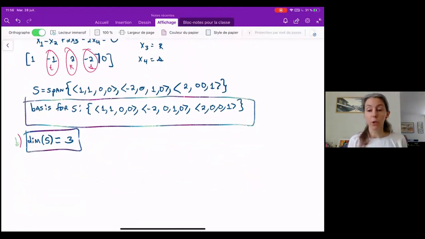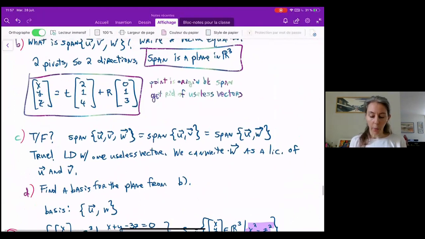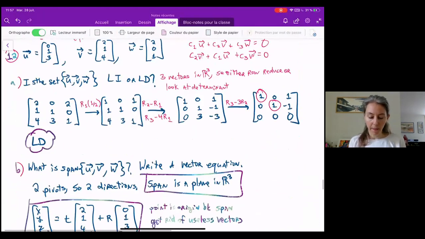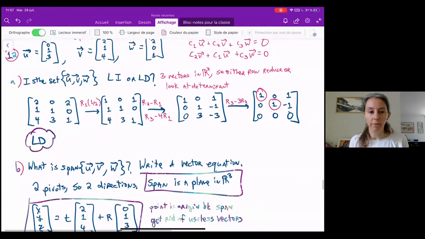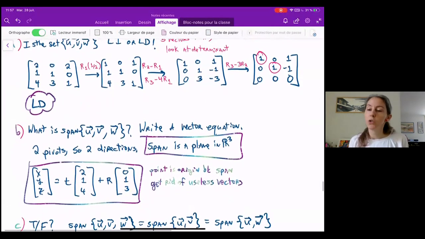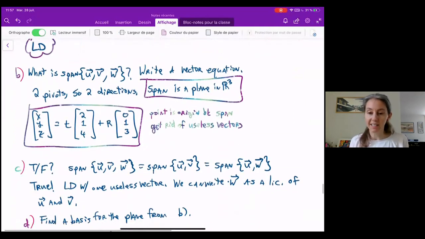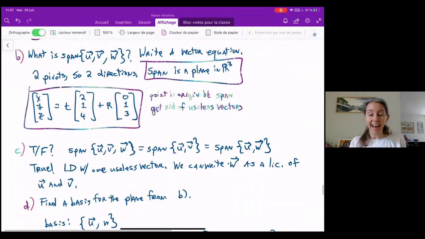It is possible. So, for example, if we go back up to this problem that we did, where we had 3 vectors, and we were like, let's think about the span of those 3 vectors. So the span of those 3 vectors was a plane. So then we were like, let's find a basis for that span. The basis only contained 2 vectors because we had a useless vector in there. So if what you're given is a set of vectors and a span,